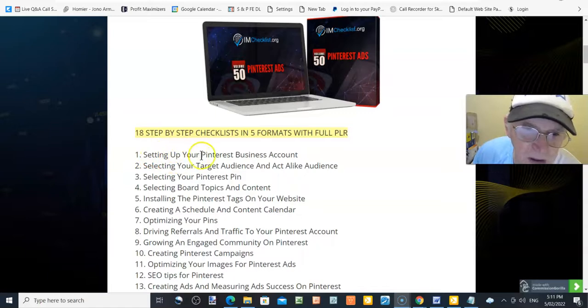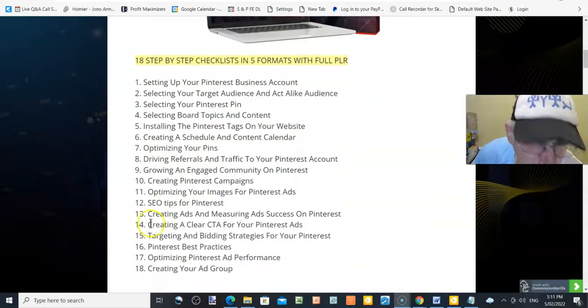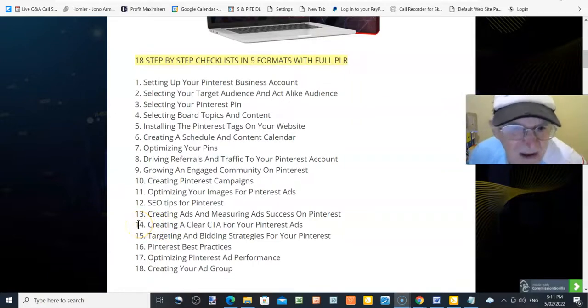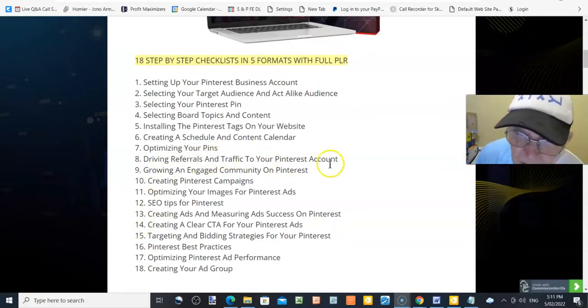Setting up your Pinterest business account, selecting your target audience and act-alike audience, selecting your Pinterest pin, selecting board topics and content, installing the Pinterest tags on your website, creating a schedule and content calendar, optimizing your pins, driving referrals and traffic to your Pinterest account, growing and engaging community on Pinterest, creating Pinterest campaigns, optimizing your images